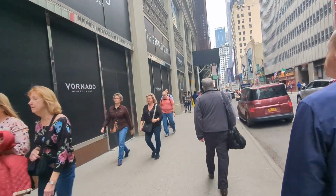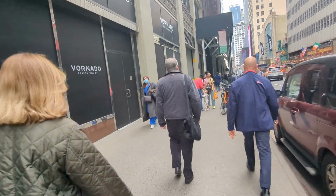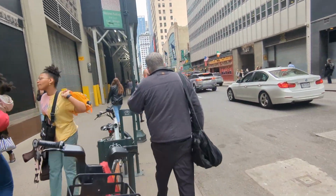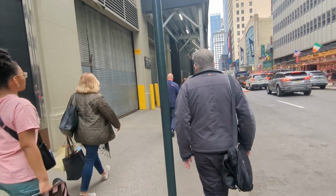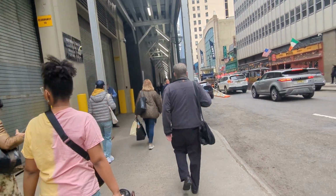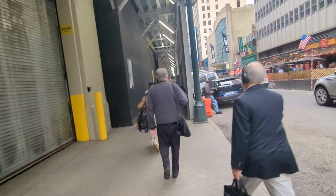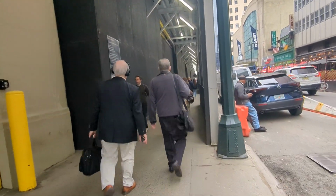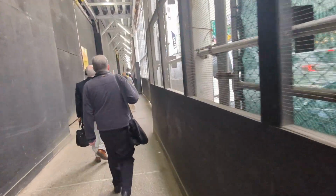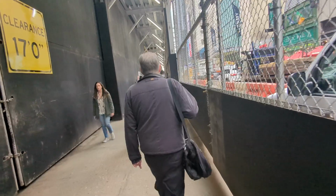So here we are on 33rd Street, and one of the plans is that this street, right now we're walking between 6th Avenue and 7th Avenue, will be like a pedestrian area, but that might be further down, like say 7th to 8th. But yeah, there are a couple of Irish pubs on the right-hand side over here, and this scaffolding that we're walking under,